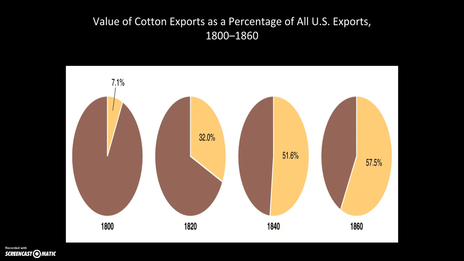This isn't like the colonial age where you have some places growing tobacco, other places growing barley and grains. Basically, every plantation is growing cotton at this point, or close to every. Don't want to hyperbolize, but you have a vast majority of plantations growing mainly cotton, and you can see that here with this graphic.